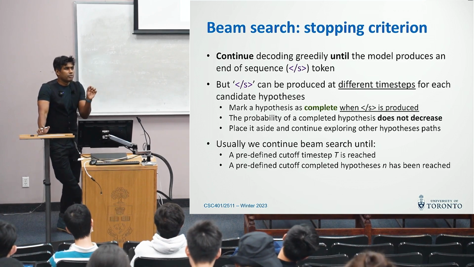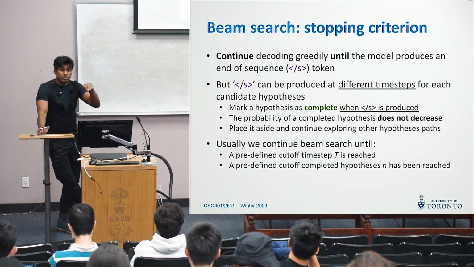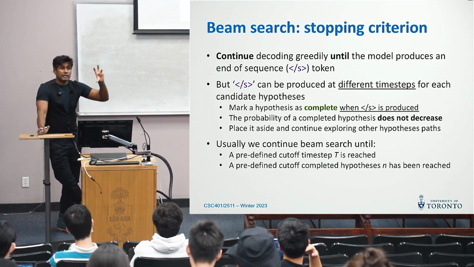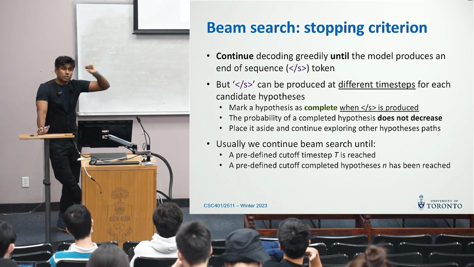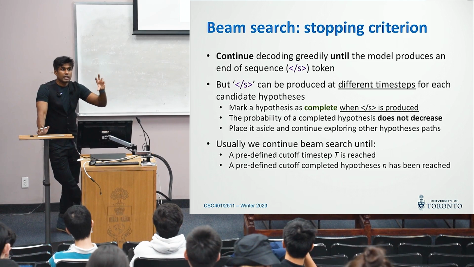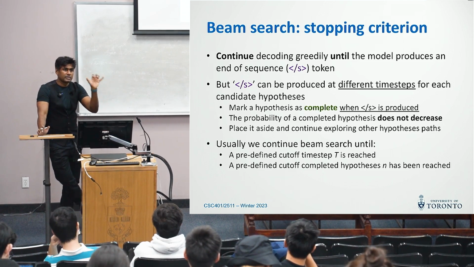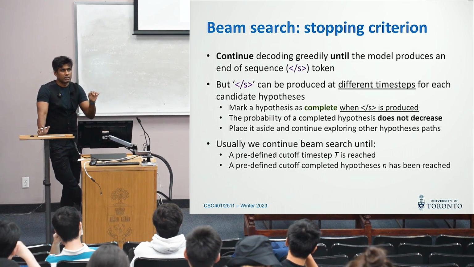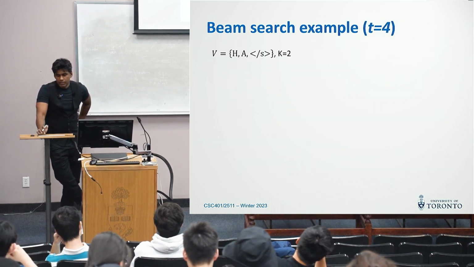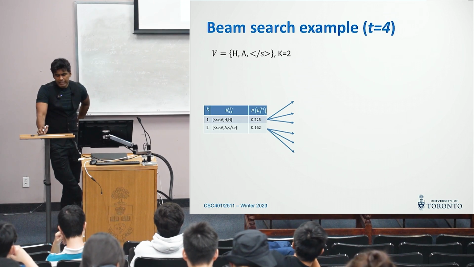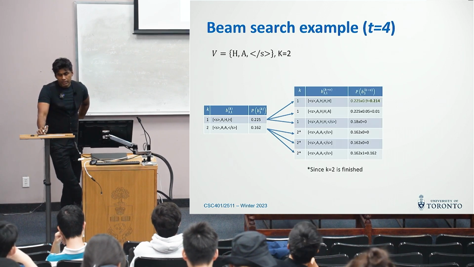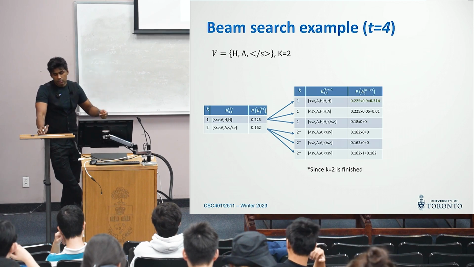We stop when we have a most probable path that has the end of sequence token, meaning that in our priority queue, our top path has the end of sequence token, is a complete path. So in that case, if we find a path like that, we say that that is our translation, and we end the decoding beam search procedure there. Okay, so we move on, and then at time step t, we're again expanding with another word from our vocabulary,